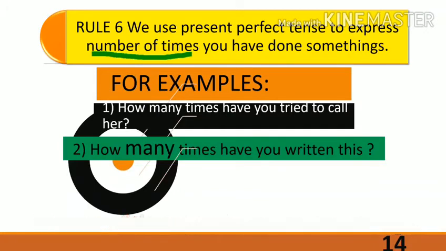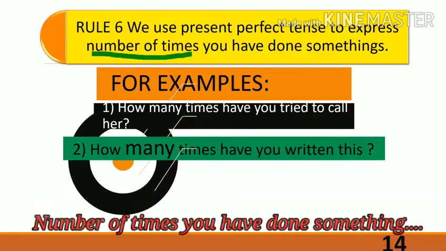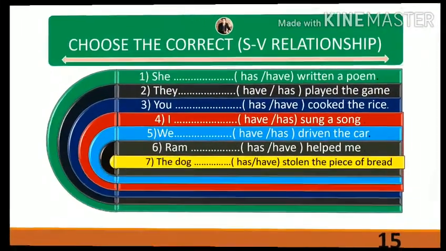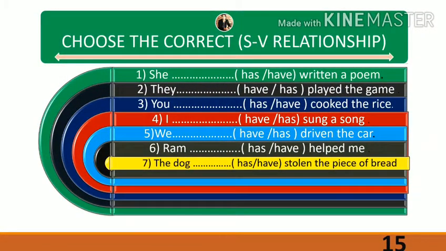So let's see, now we have completed all the 6 rules, and now we will discuss some important ones. Dear students, now let us discuss some of the basic concepts, and let us discuss the use of has and have, whether we have understood it in a perfect way or not. When we talk about choosing the correct one, it means subject and verb relationship.